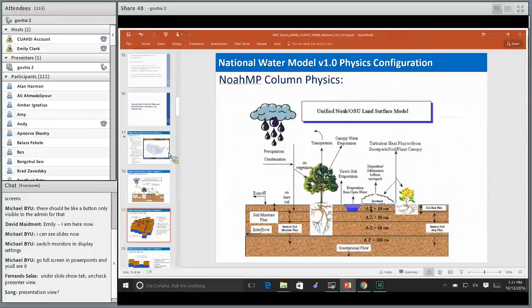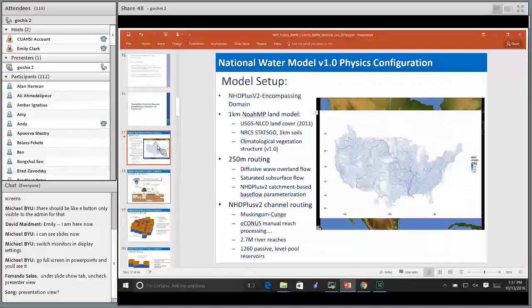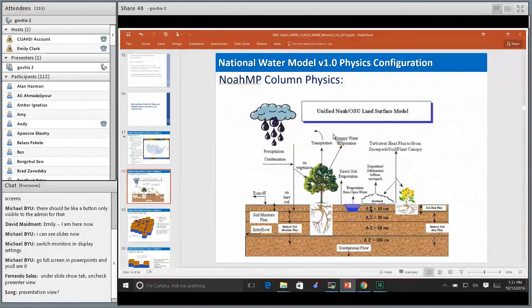Okay, moving on then, getting into a few more details of the physics. This is just a schematic of the NOAH-MP land surface model. It's like a lot of these land surface models in terms of its representation of energy and water flux exchange with the atmosphere. So the meteorology, of course, for the National Water Model is prescribed, but the model will simulate processes such as infiltration, water ponding on the surface. It has a multi-layer snowpack, energy-based snowpack formulation,